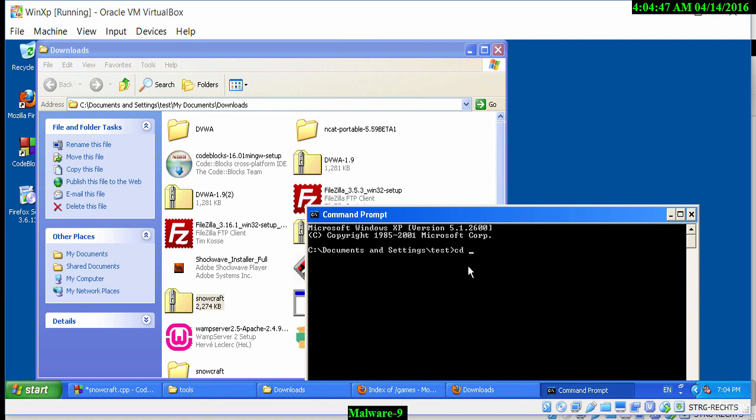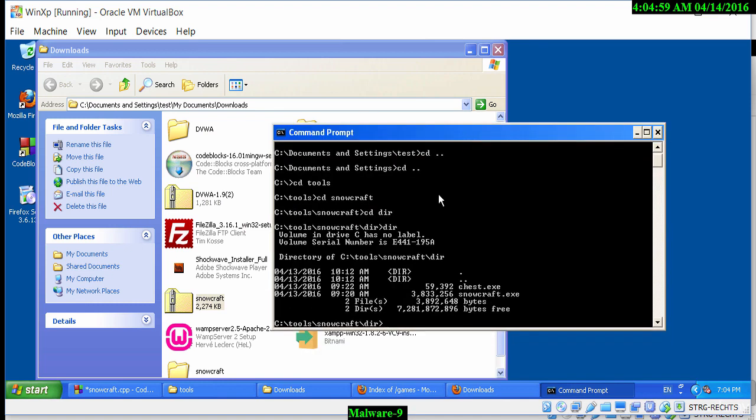Let's go up to the directory we had created first, which was the CD tools directory, and within that there was a Snowcraft and then a dir directory. Here we have the chest.exe file. Now at this point all we have to do is type in chest.exe. We need to put in the IP address of the attacker's server machine, which is 192.168.56.102. And we then want to put the port number, which is 4444,